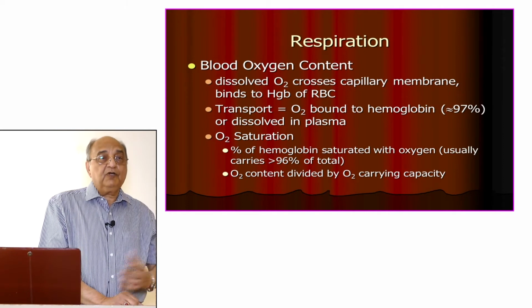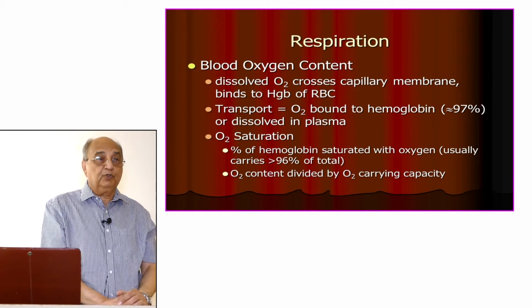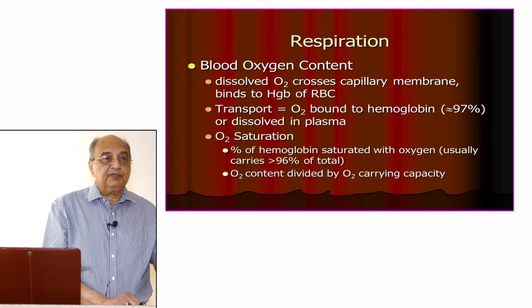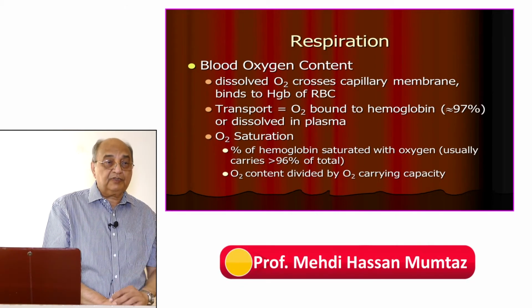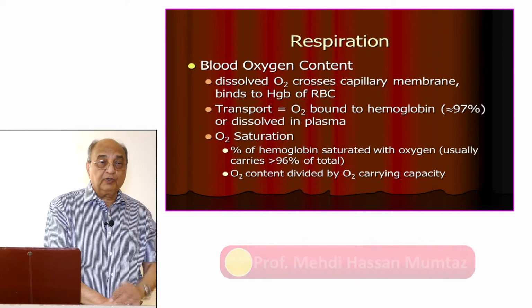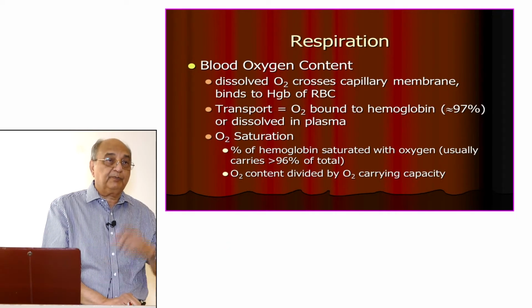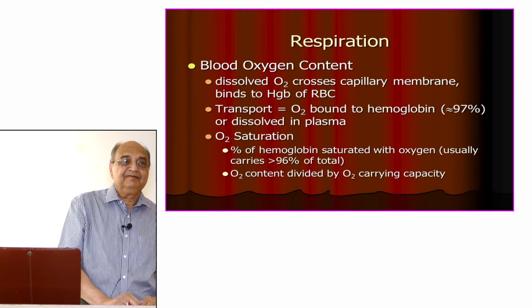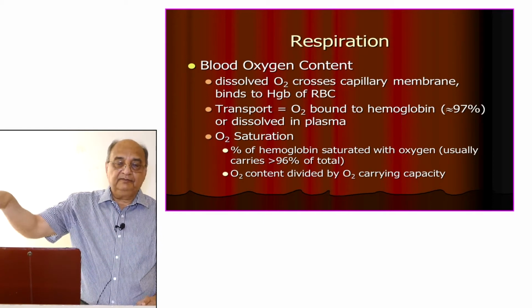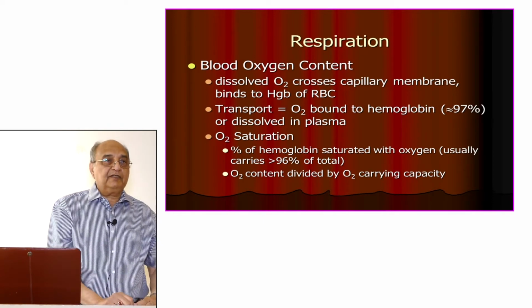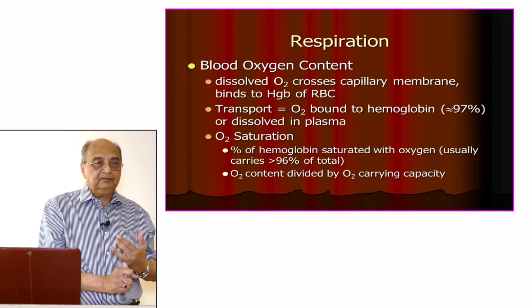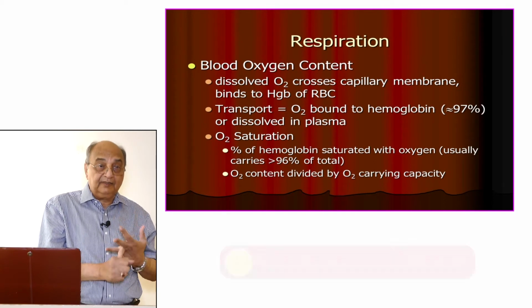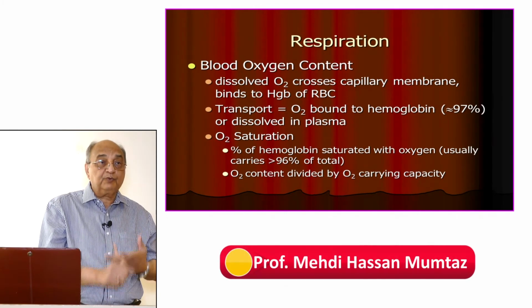Now, combining of oxygen from the plasma to the hemoglobin depends on the oxygen dissociation curve. What is the oxygen dissociation curve? It is a curve which correlates the partial pressure of oxygen to the percent saturation of hemoglobin. It's a sigmoid shape like this. It depends on three factors: one is the temperature, other is acidity or alkalinity, third is the level of 2,3